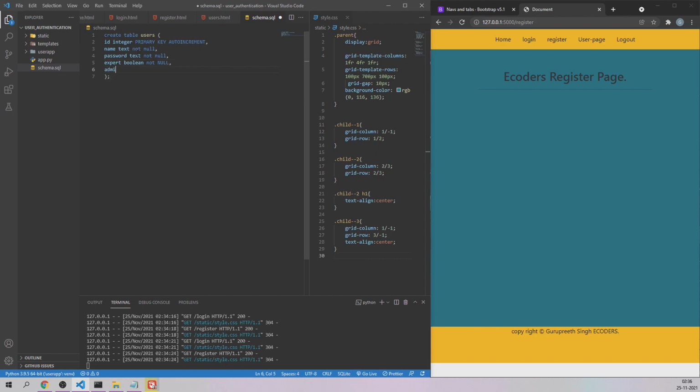And the admin, whether he's the admin. So that also lets us keep it as boolean and not null values. Right now we have just created a SQL file